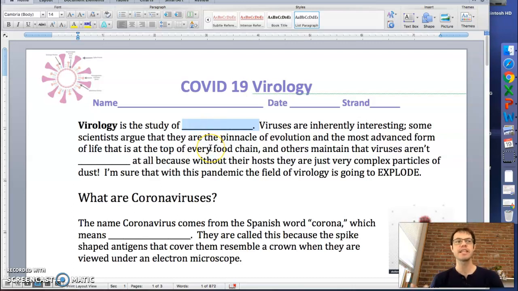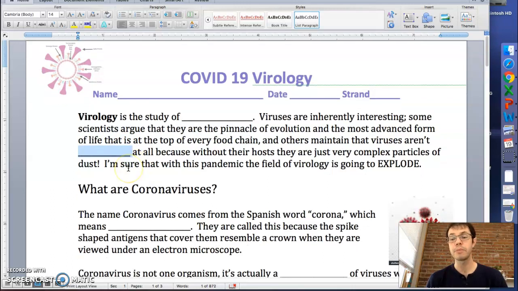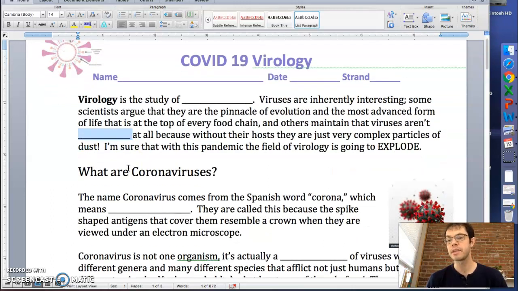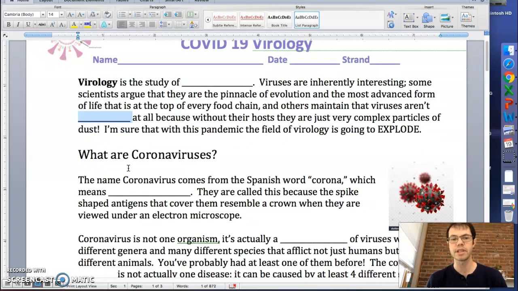Now, these are inherently interesting. Some scientists think that they're the pinnacle of evolution, the top of every food chain, with no natural predators that preys on everything. And some scientists think, oh, well, they're not even alive because outside of a host cell, they don't even possess most of the characteristics of life. They're just little particles of dust. Well, I'm sure that after this global pandemic, we're all going to be even more interested in the field of